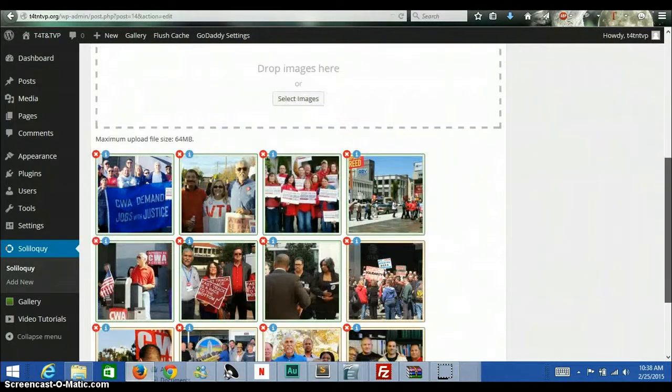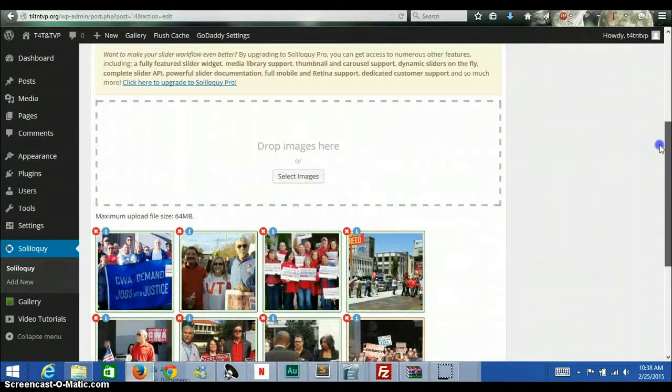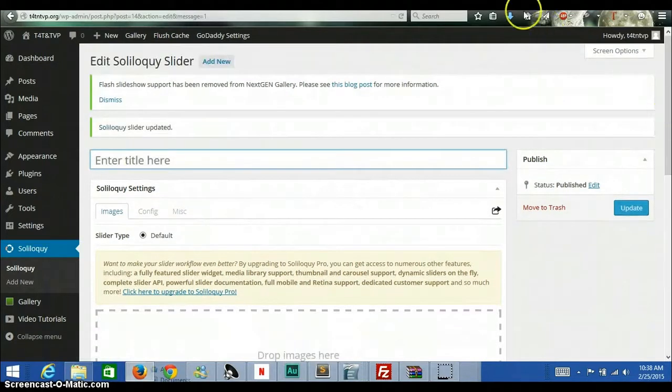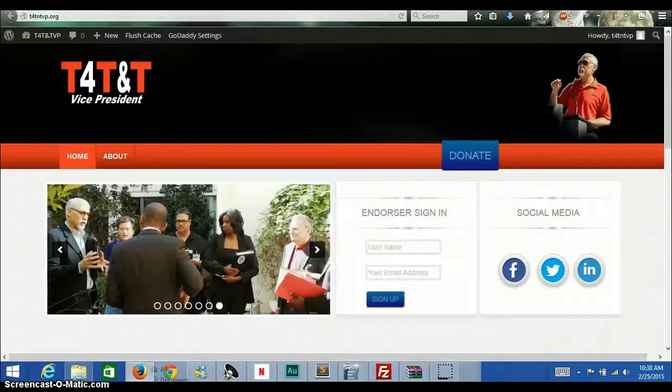Well, I'll scroll down. Yeah, they show up there. Well, what's wrong? Well, we didn't click update. You have to click update, or else obviously it's not going to save if you don't save. And then we go over to that site again, and we'll just refresh the page,